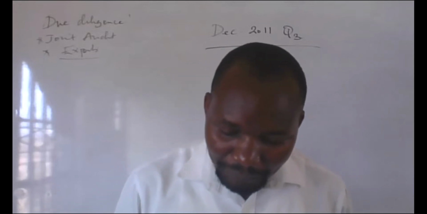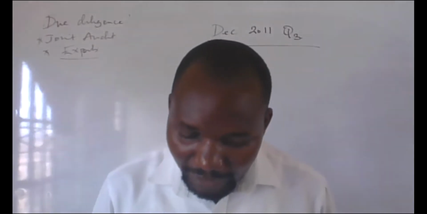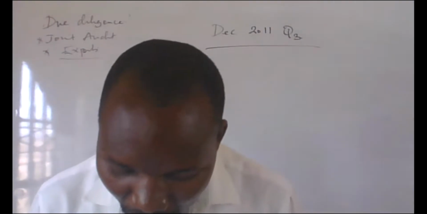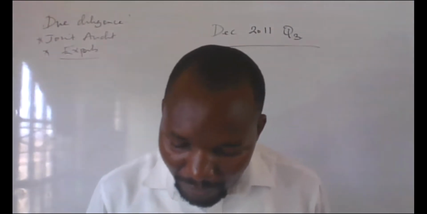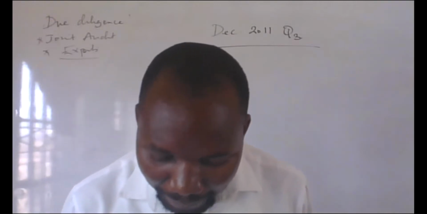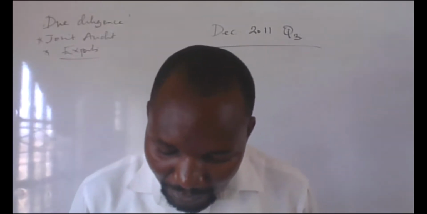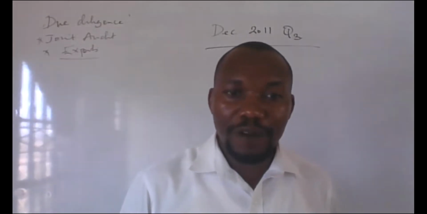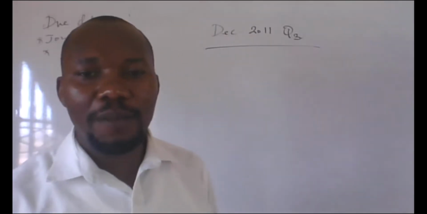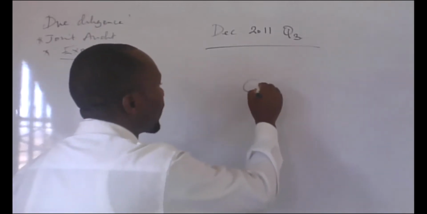The other one: a joint audit allows the rotation of audit firms and retains knowledge and understanding of group operations in a way that minimizes the disruption cost when a single audit firm is changed. So they are saying, if we are doing group audit, an example situation is a company, like let's say a cooperative bank.